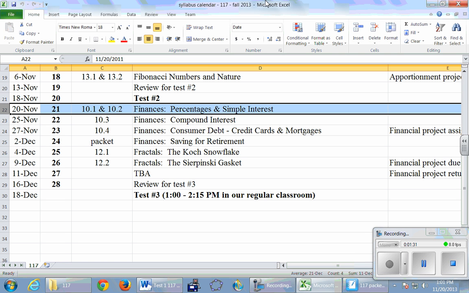The project itself is a physical document, and you are going to hand back to me that document filled in. There are Excel files that you're going to play with to help you answer questions on that document, and the Excel files are in Moodle. It makes reference to it in the document. It tells you to go to Moodle, tells you what the Excel files are called. You're going to use them to come back in and fill in the stuff on the pieces of paper. But again, the paper is what you are turning in to me. You're not emailing me another Excel file for this project, all right?